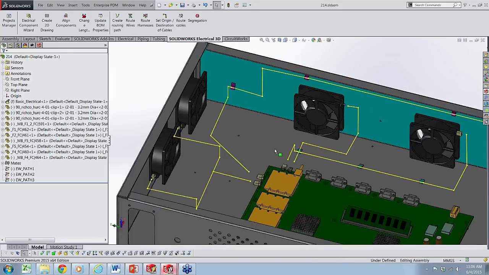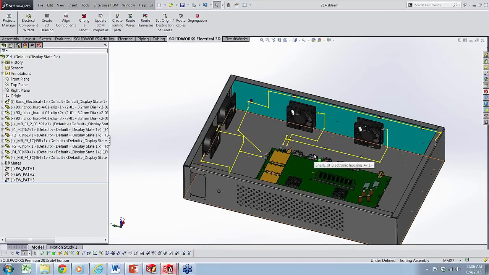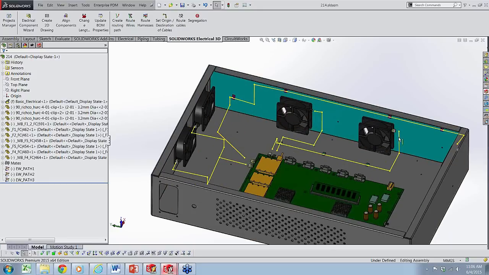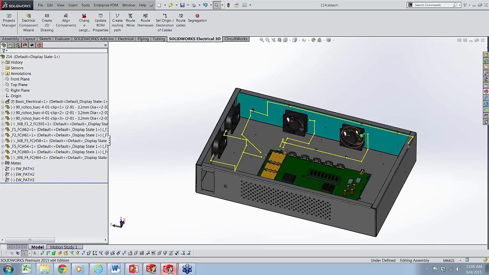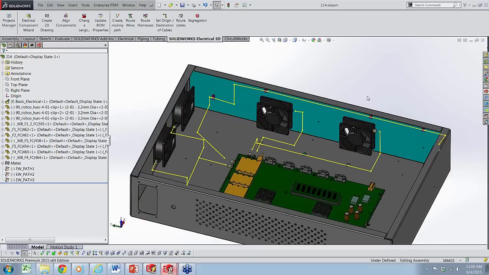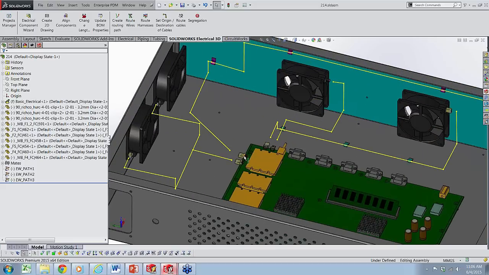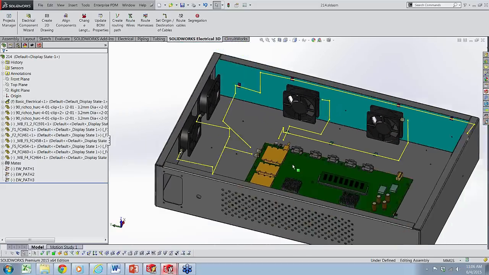So here's my assembly. As you can see, this is what was represented for the schematic. This is a tower PC. And what you see in yellow, these are just routes that I created to tell the cable where it needs to follow. So when I click on create a route my harness, it's going to follow this route. What I'm going to show you right now to route the harness is I want to route a cable from this connector on the motherboard